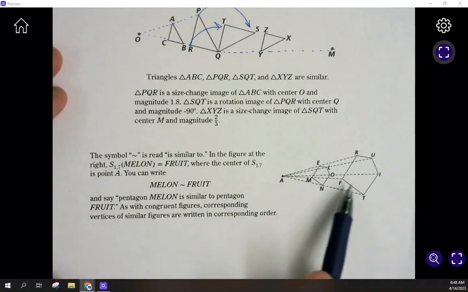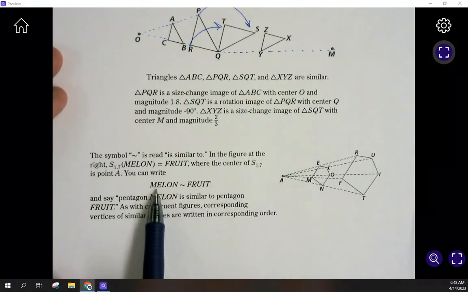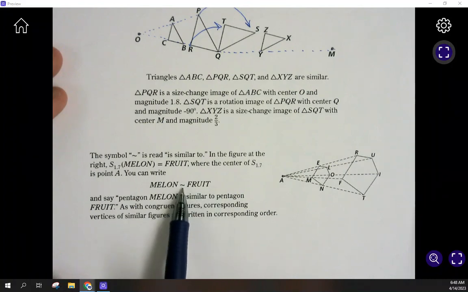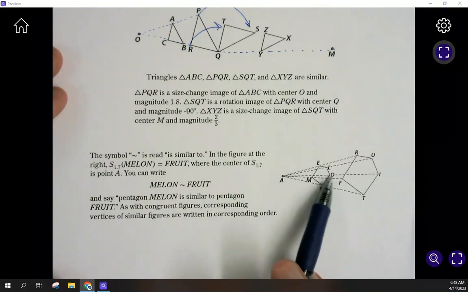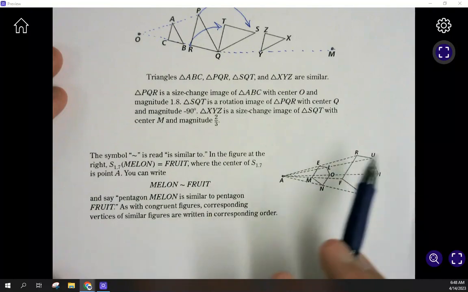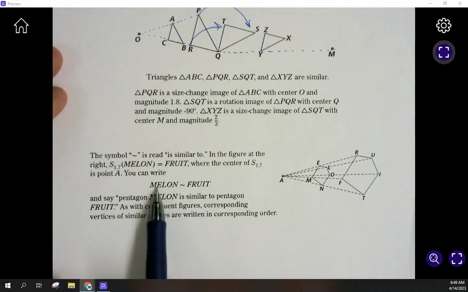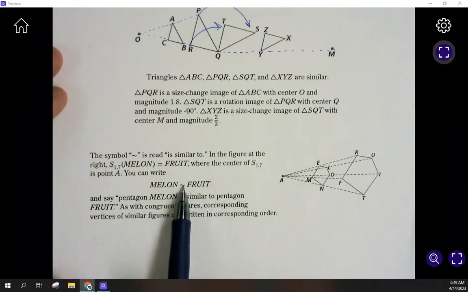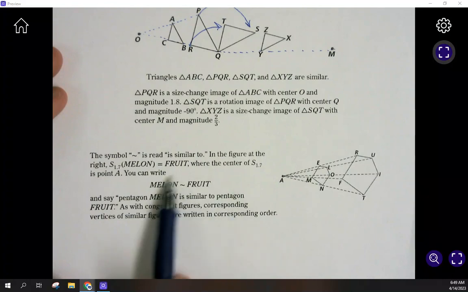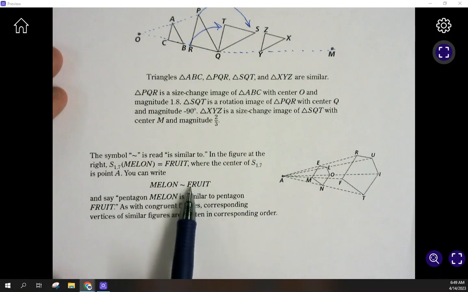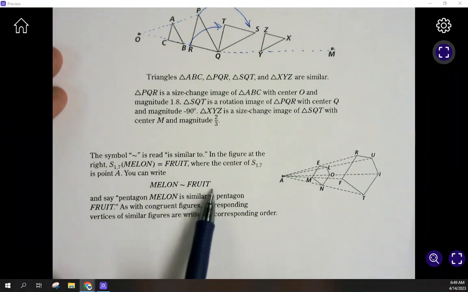So what we can say is, because this is just a size transformation, that MELON is similar to FRUIT, and we're going to talk about all the things that we are now allowed to assume if they are similar. We know something about the angles, we know something about the side lengths. But what we would say is, if we saw this notation here, we can say that pentagon MELON is similar to pentagon FRUIT. That's how you would read this. And sometimes you just read the letters. MELON is similar to FRUIT,